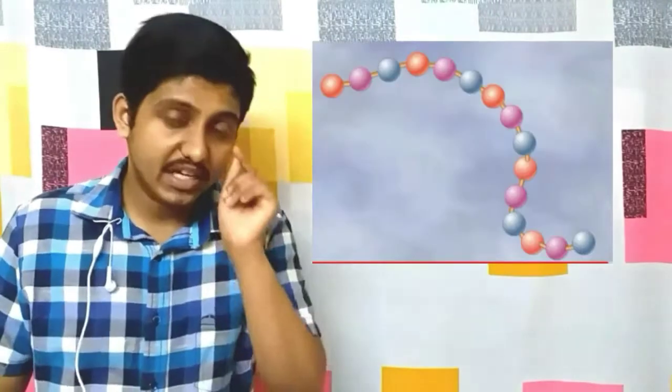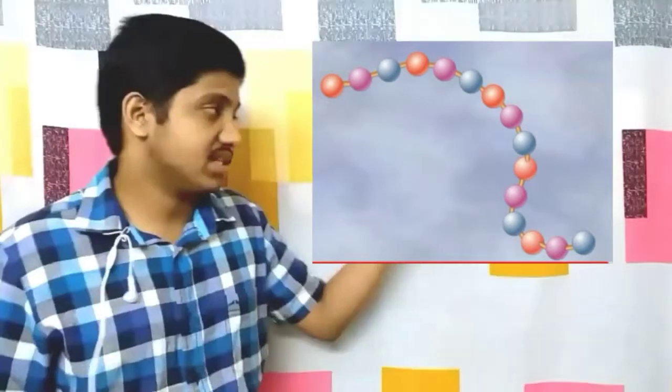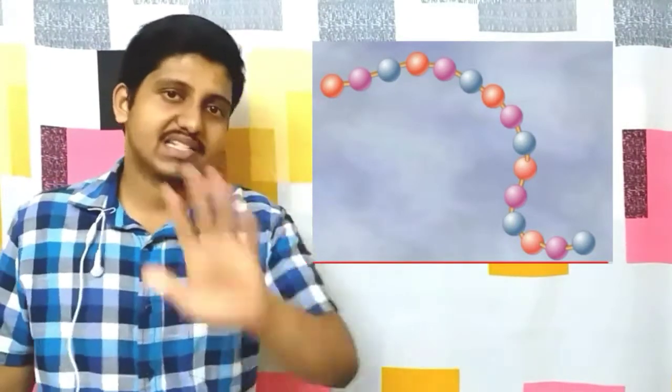So friends, now let's come to our translation. In translation, as you know, the product is proteins. In proteins, what are the monomers? We have the amino acids. So the amino acids are connected together by peptide bonds. But you must know one thing: for this peptide bond to be formed, there is a requirement of ATP. That is, the formation of peptide bonds between the amino acids is an energy requiring process. So where is this energy from?